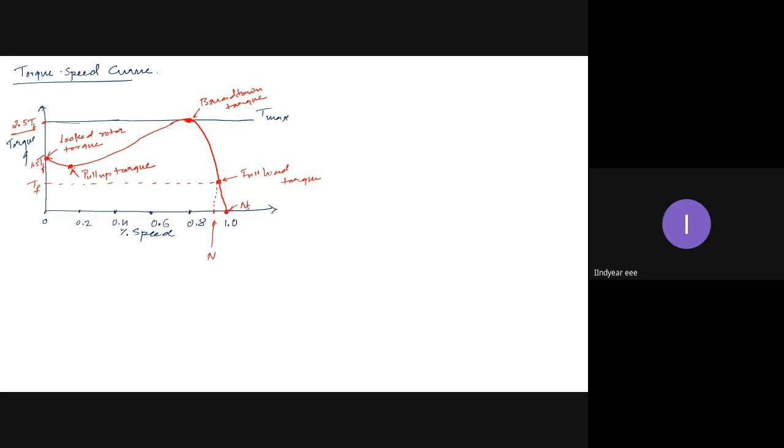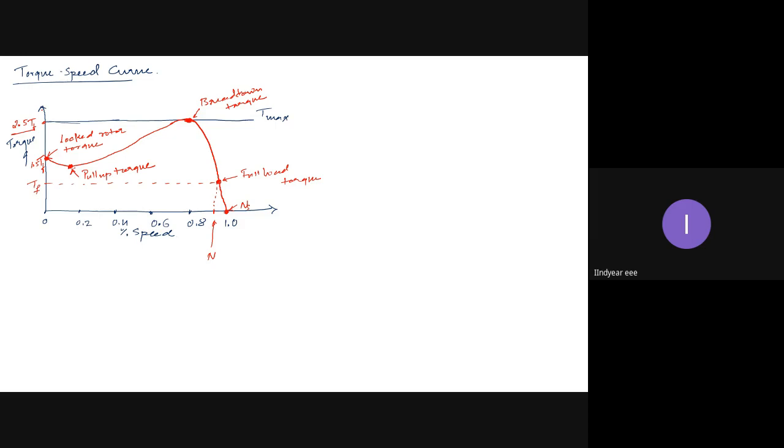Because at those large torques, the mechanical breakdown of the motor and the load can happen. To avoid the mechanical breakdown of the motor and the load, the torque development is controlled to just 2.5 times the